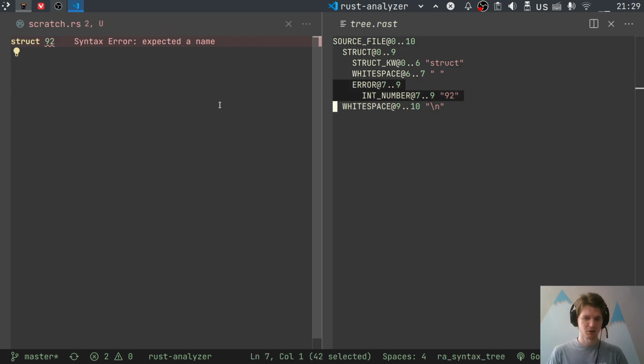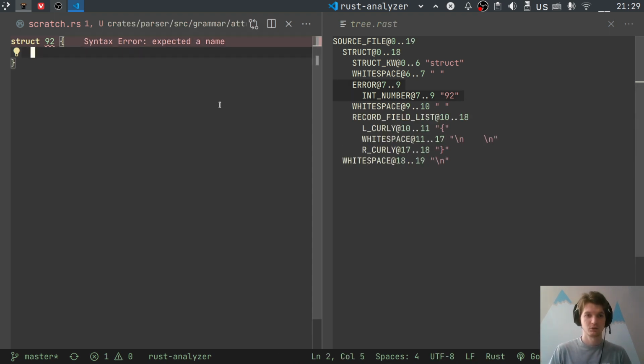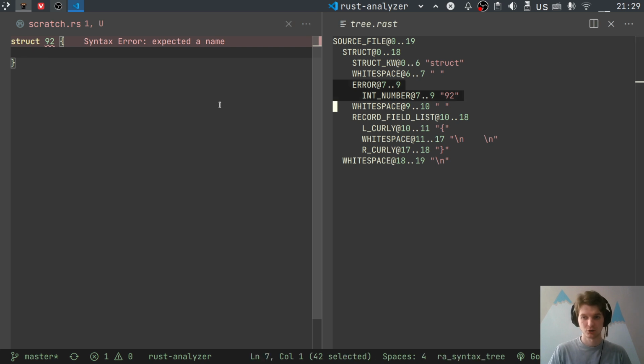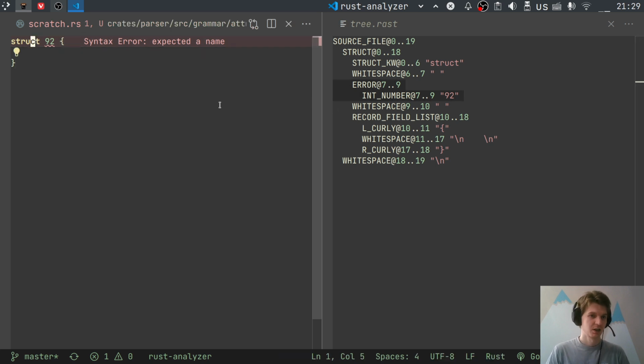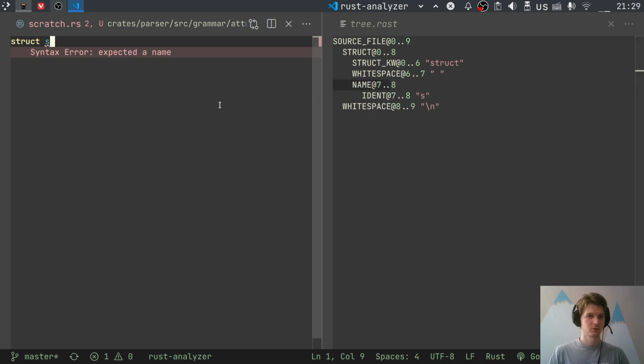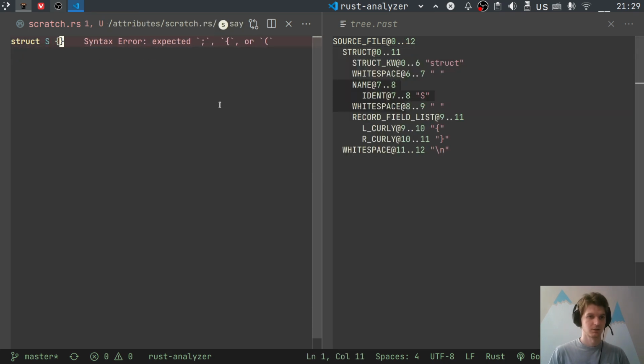Then you see that this error actually encloses this erroneous token. And then we continue parsing the struct as usual. However, if the thing here is in the recovery set, we don't parse over it. And what would be a recovery set here? Well,